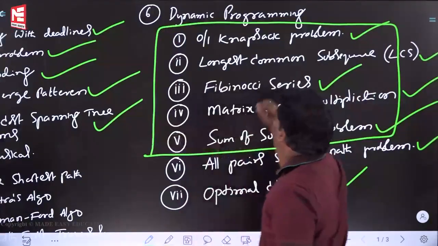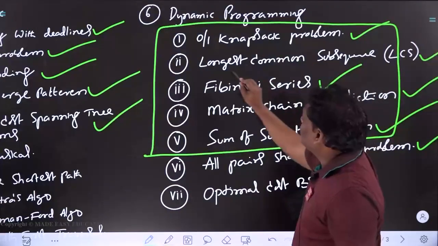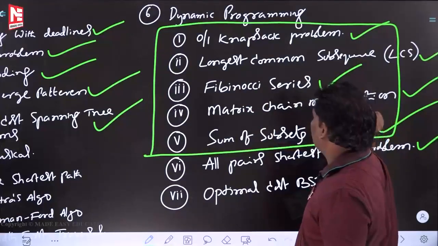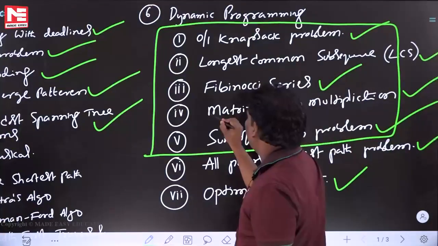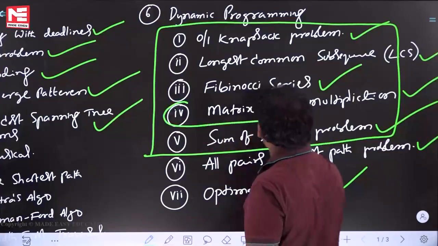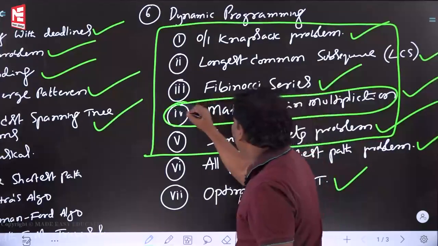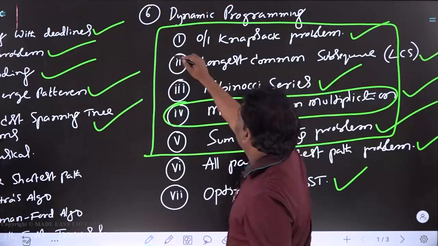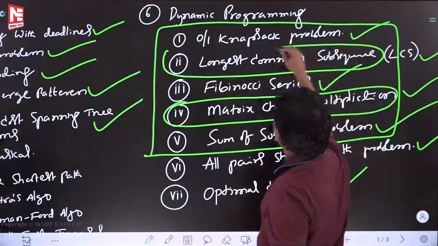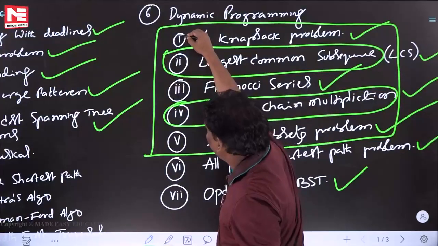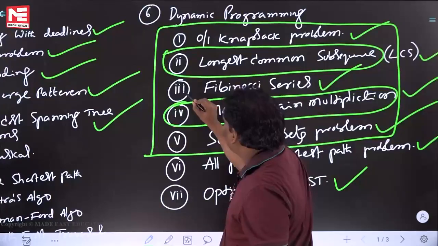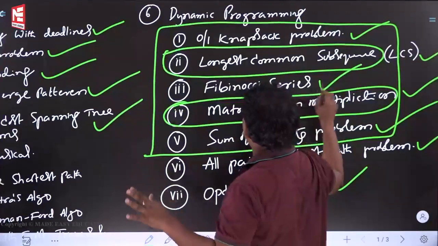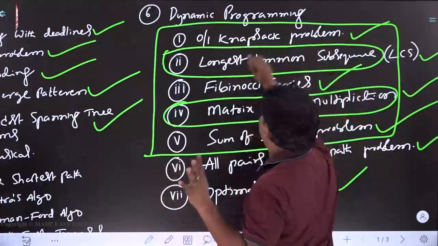Sometimes this one comes. Many times the longest common subsequence comes, and a very important one, in my opinion, is this one, which comes many times. This one also comes many times. After this one also, it came many times. Few times the first one came, and few times the third one came. Overall, I want to say read these 5 applications properly.